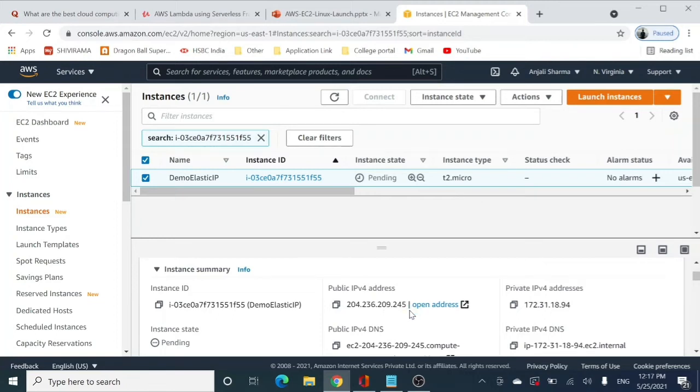So you can see that I have a public IPv4 address, which is a 32-bit address. I have told you before also, to make it easier to understand, we denote it with the help of decimal numbers separated by dots. And I have also got a private IP address. We have seen in our